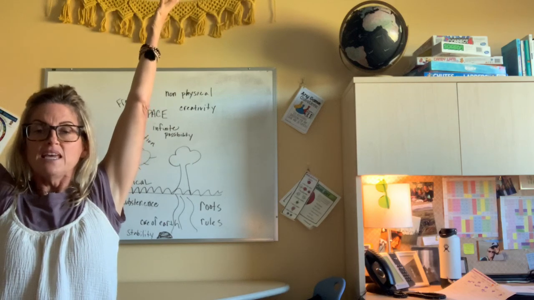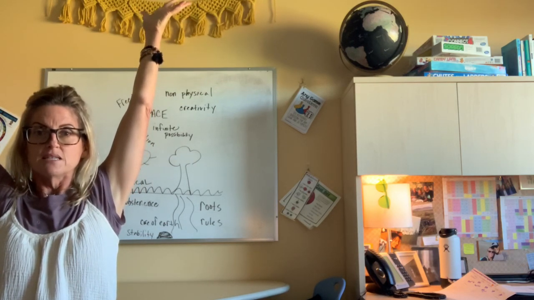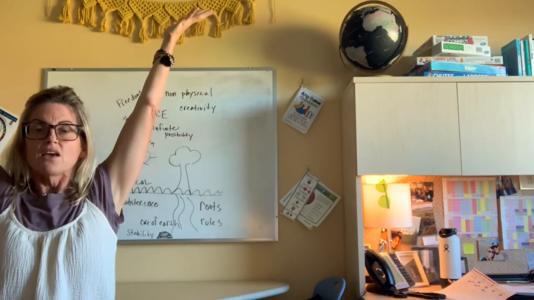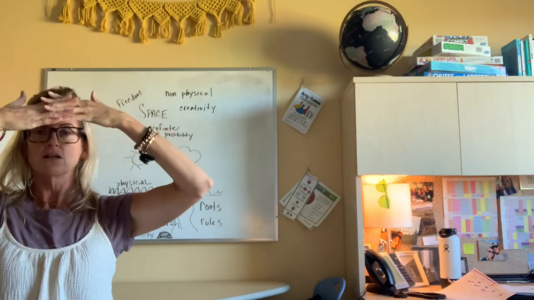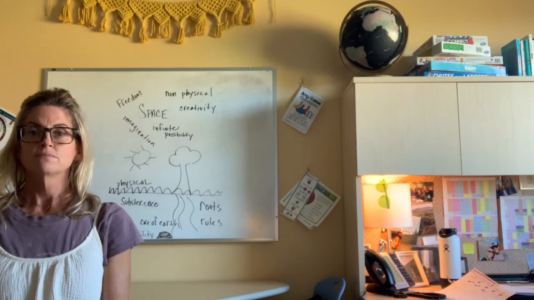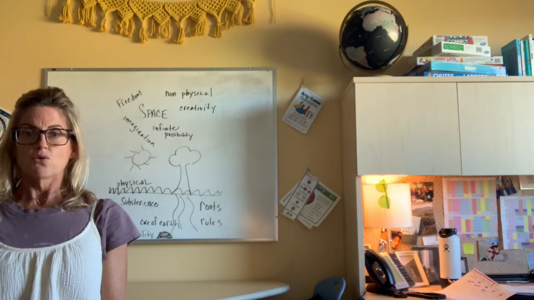And now breathe in all that space above, all that spaciness, all that freedom. Imagine breathing all of that down in through the crown of your head. You can give it a color if you want. Breathe it down through your body. And when you breathe out, send it down into the core of the earth.